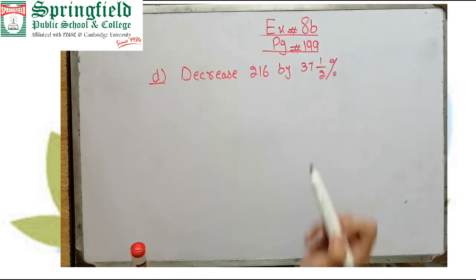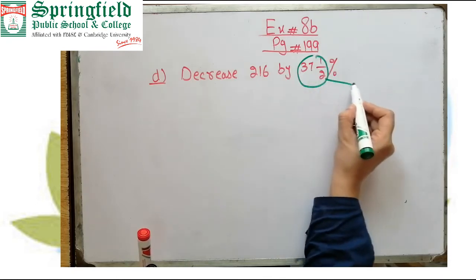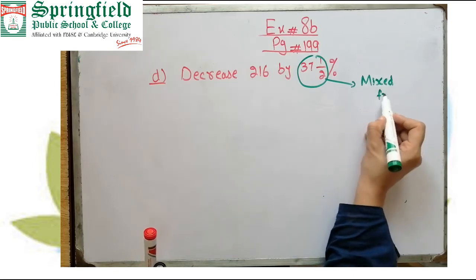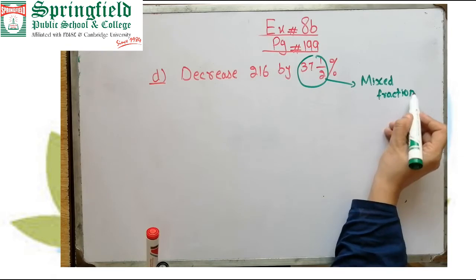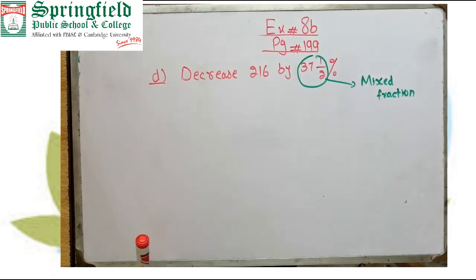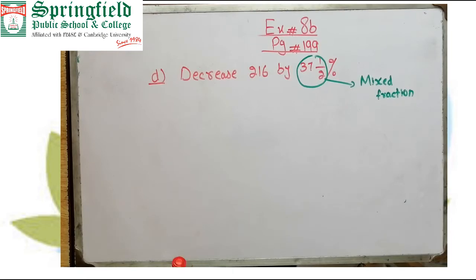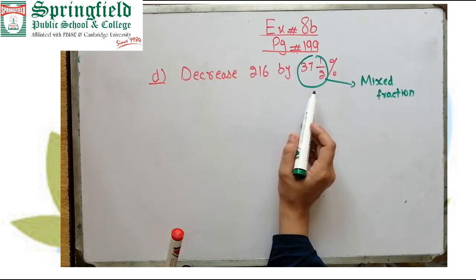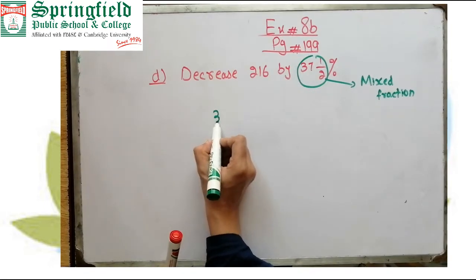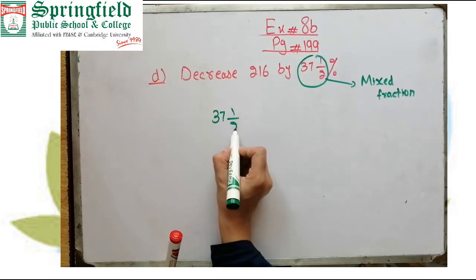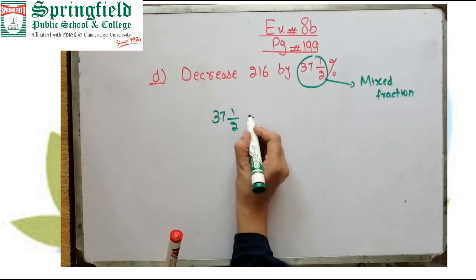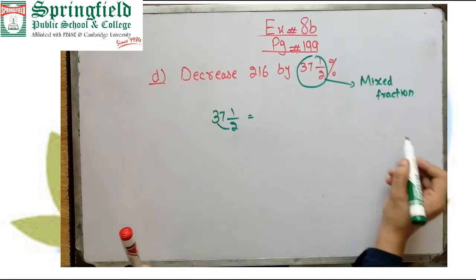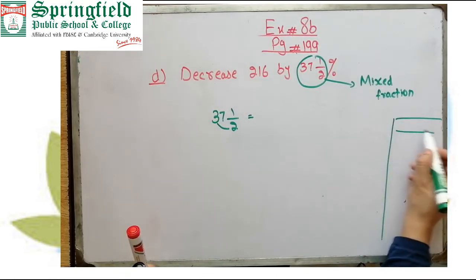Okay, beta. As we know that this form is called a mixed fraction. Mixed fraction means the mixture of a whole number and fraction part of a whole number. It's called a mixed fraction. Fine. So first we will convert the mixed fraction into the simple fraction form. So 37 whole 1 by 2%. Whole 1 by 2 is equal to what? We will multiply 37 with 2. So 2 7s are, you can write here rough work.